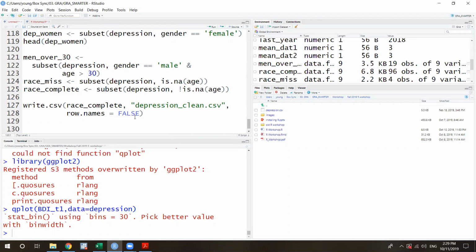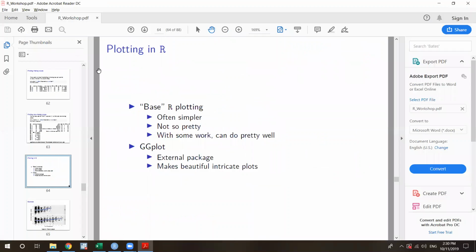Okay, I think we can start up again. Hello, everyone. We're going to go quickly through a little bit of plotting and some data modeling in R. We're going to continue using the depression data set, so I hope you still have it loaded. If you don't, then it's a good exercise to see if you remember how to do it. And if you have any trouble, then Youngri will come around and help you. Unlike Youngri, I'm going to use the slides a little bit.